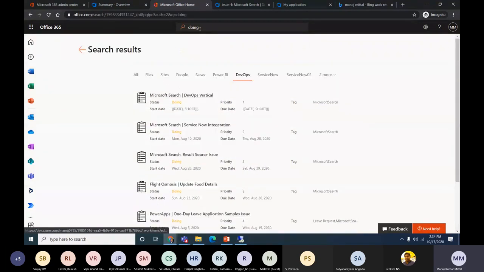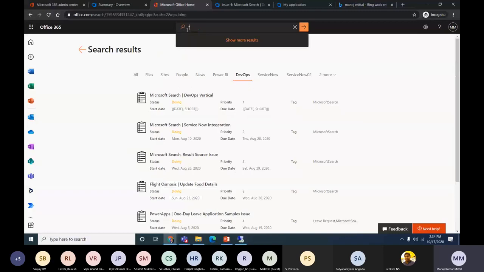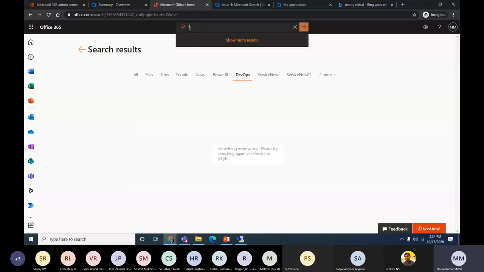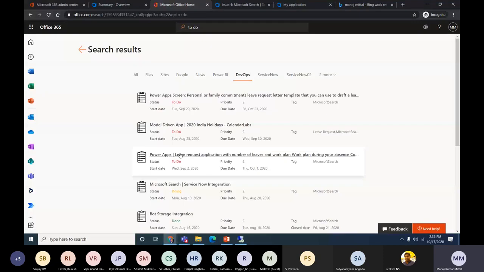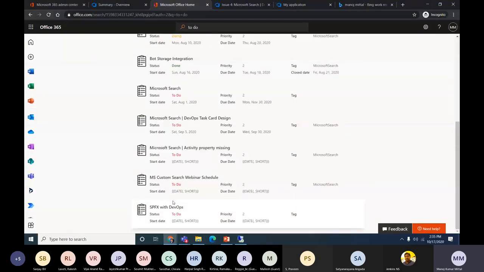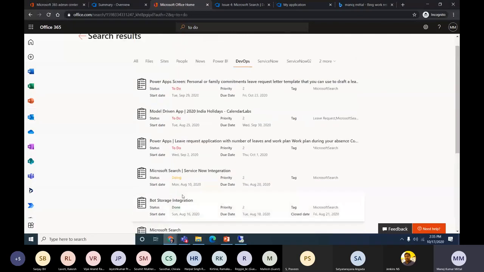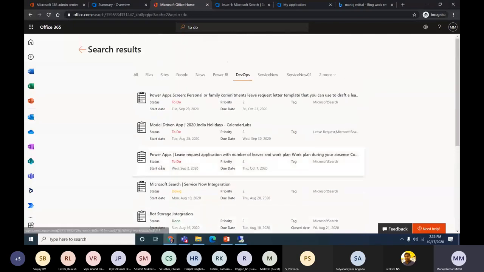Like I have shown here, I search for the word doing. If I search for the word, it will search for to do as well; there is a different color for to do, and doing is different. Those color codings we can also define. We can give the link to this particular section, and the status. Anybody who needs to know the status of a particular task, its priority, due date, or start date, we can design as per our requirement.